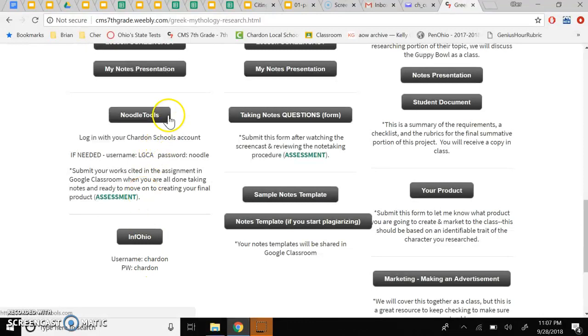The other one is right here, and this is Noodletools. That's the one we're going to be using. And if you have an account already, you should be able to log into it. If not, I'm not actually sure how this looks from a student perspective. You're either going to be able to log in using your Chardon Schools account, and it may ask you for LGCA as a username, and then this would be your password. So I've linked it here,